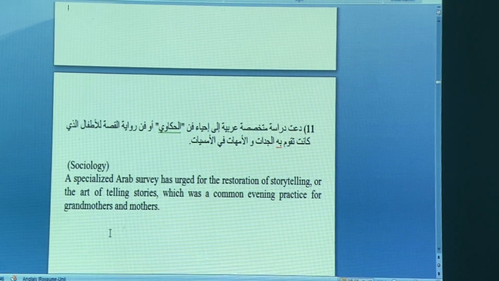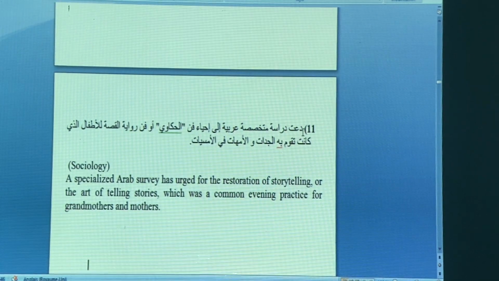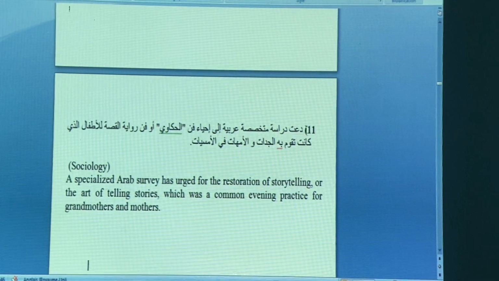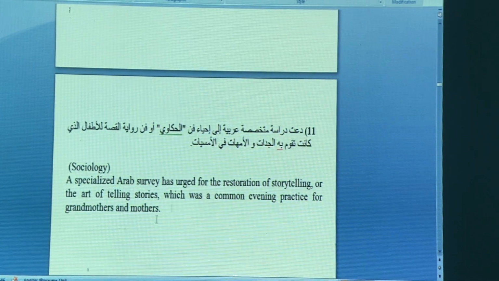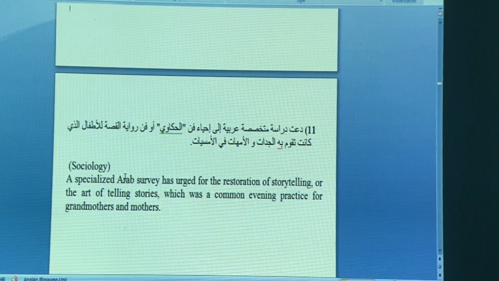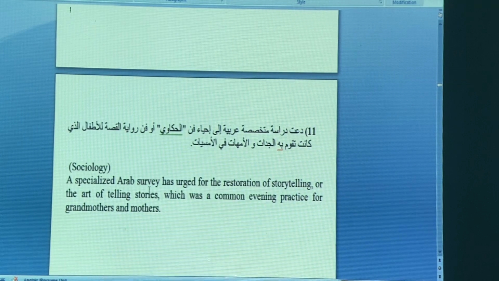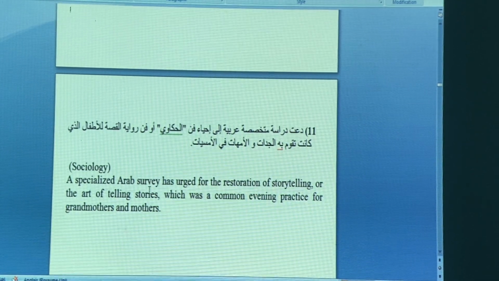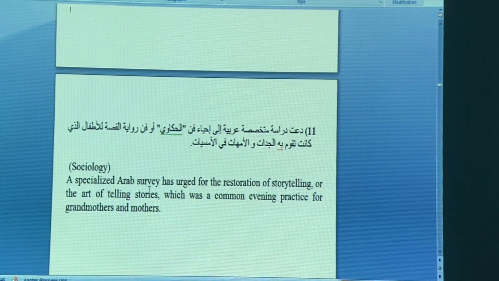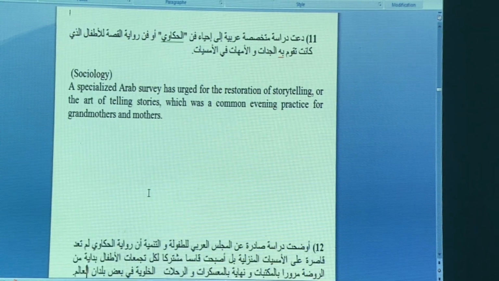Sociology, this is the context. So we can translate it that here. You see that in Arabic the sentence starts by the verb as usual. However, the subject for this sentence is a specialized Arab survey. A specialized Arab survey has urged for the restoration of storytelling, or the art of telling stories, which was a common evening practice for grandmothers and mothers. We'll continue with the same